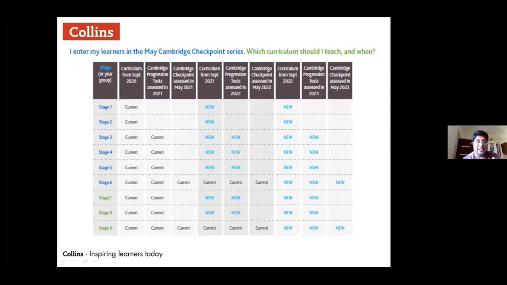Fine. Now, stage 7 means grade 6. This is something that we need to understand first. Stage 8 means grade 7, and stage 9 means grade 8, at the end of which you take the board exams. So now when your learners are in grade 6, you are teaching them the course book and all the resources from the stage 7 curriculum, right? So you are teaching them the current grade 5. When they come to grade 6 next year, you are introducing stage 7.